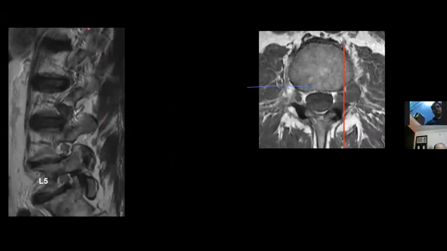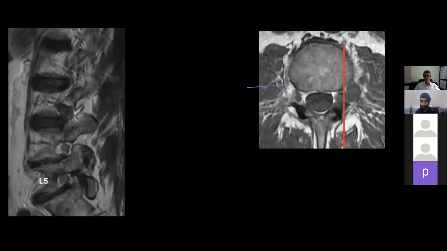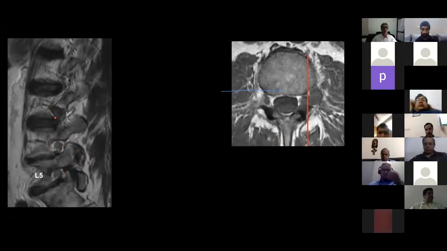Another case. This is a sagittal image. The location of this sagittal image is seen as the red line in this axial image. So this is the location. So this is the left parasagittal location. We can see a T2 weighted image in this. As it is going through neural foramen, we are able to see a nerve in the neural foramen at this level and this level. But there is some low signal intensity soft tissue lying in the neural foramen.